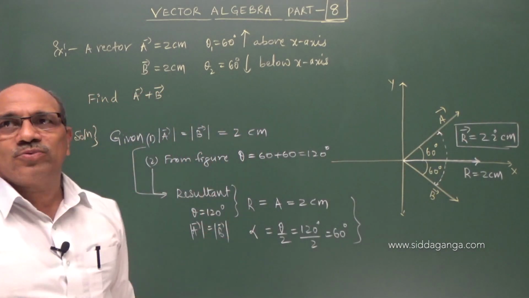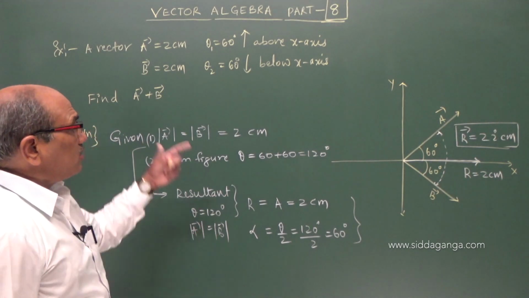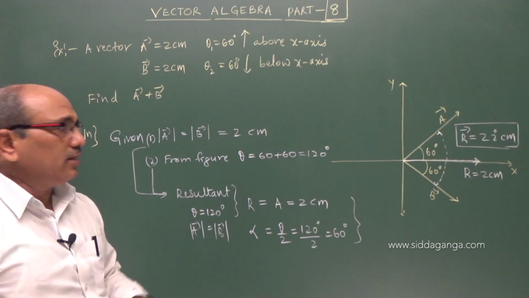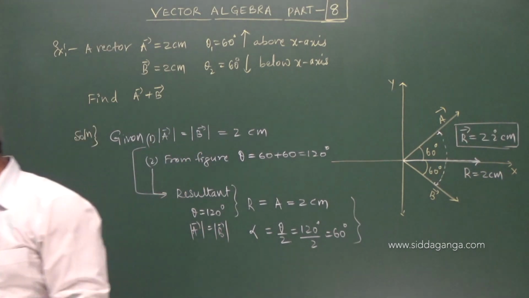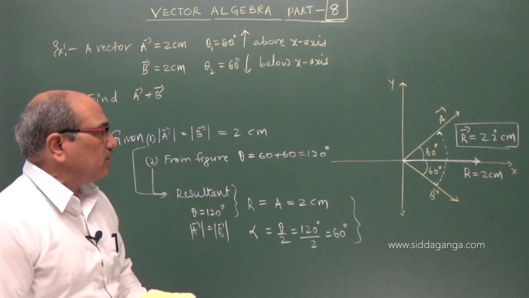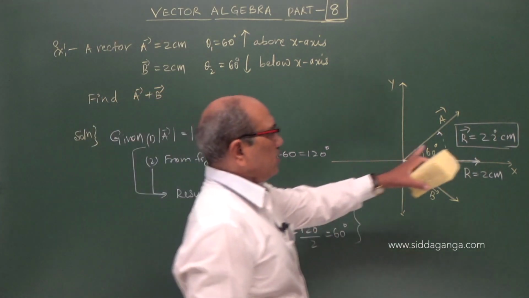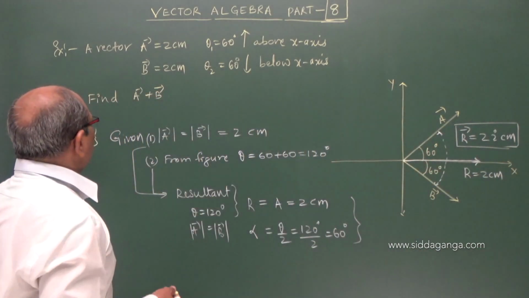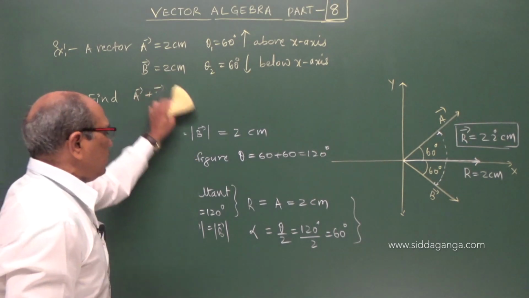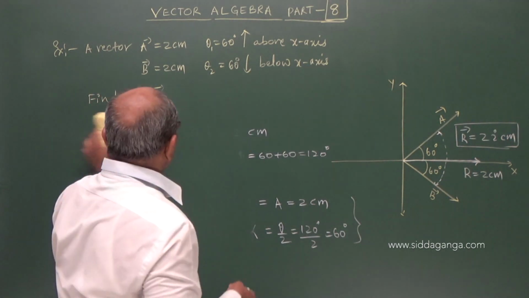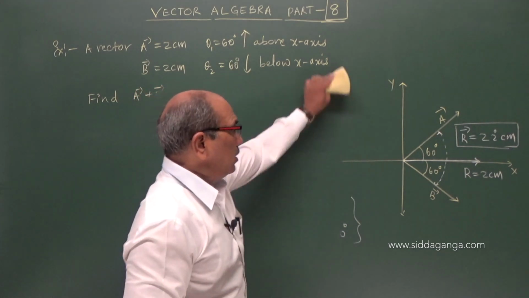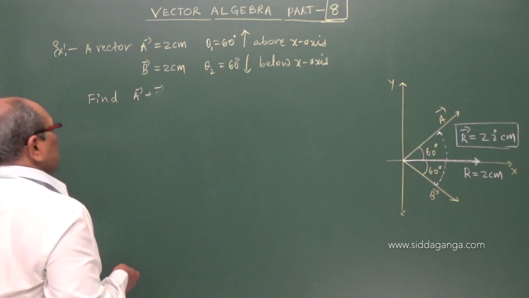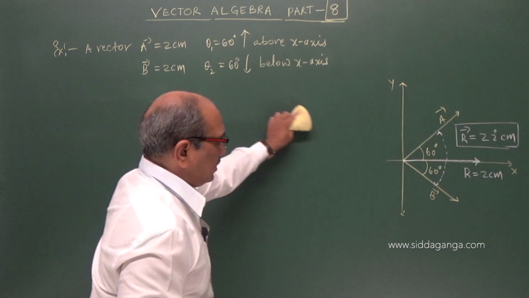This is one method I showed you. And if it is not recalled, what can be done then? It is a must to recall, but in a critical situation, how can the answer be obtained? You come to know the answer is 2 centimeter along the x-axis. Let us see what has to be done if not recalled. An alternate method. This you understood, I hope, by conceptual thoughts and it was made clear in the discussion of special cases of the parallelogram law: what happens when theta is 120 and A equal to B, and all we discussed.